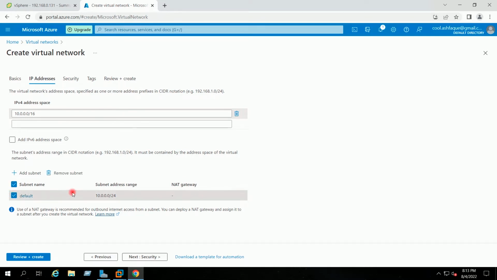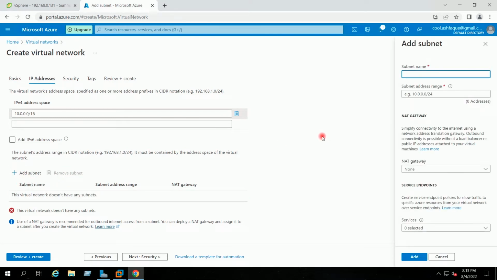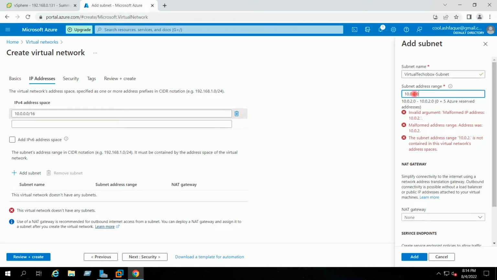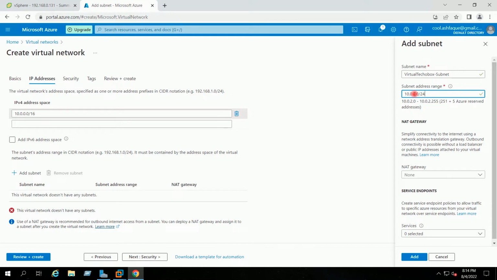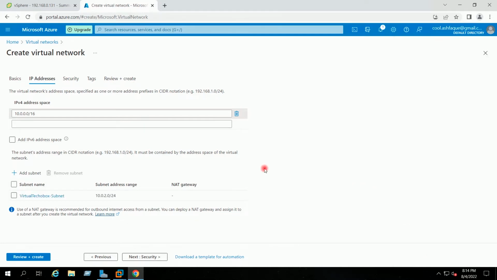I will delete this default subnet. I will add the new subnet. I will give the name to the subnet virtual techbox-subnet. I will give the subnet as 10.0.2.0/24. Add, next.